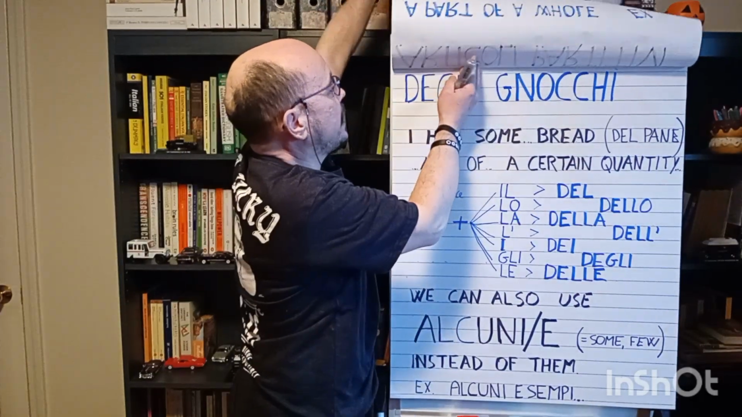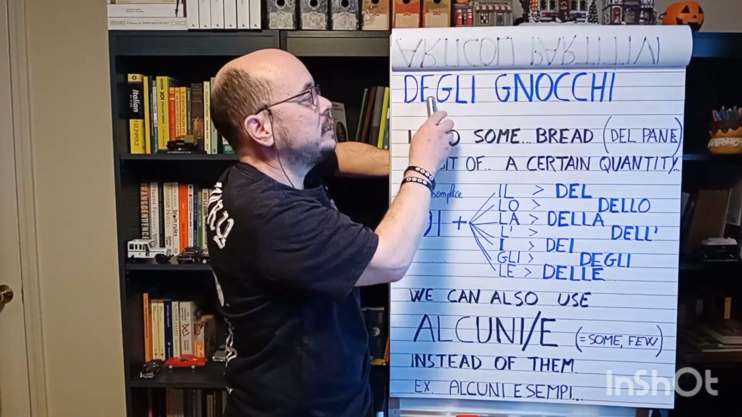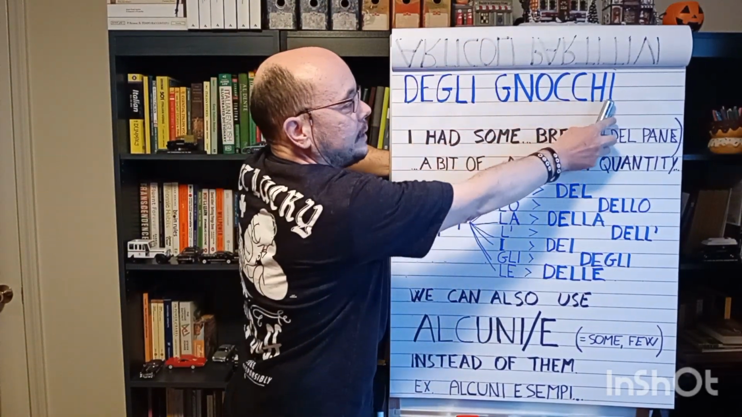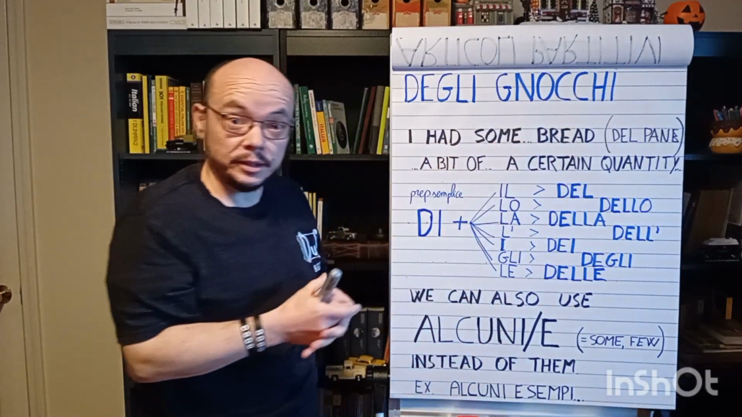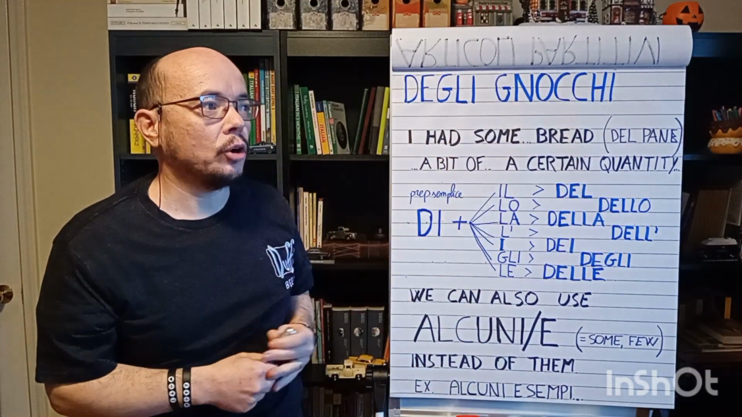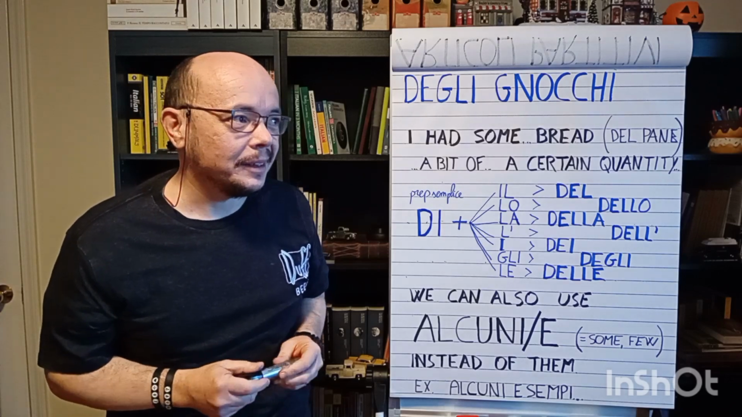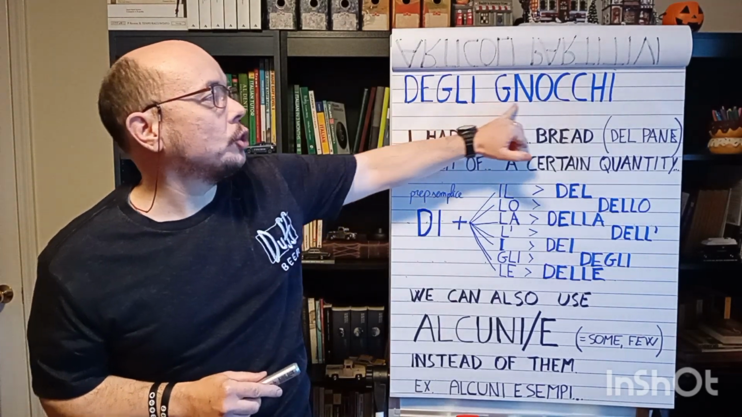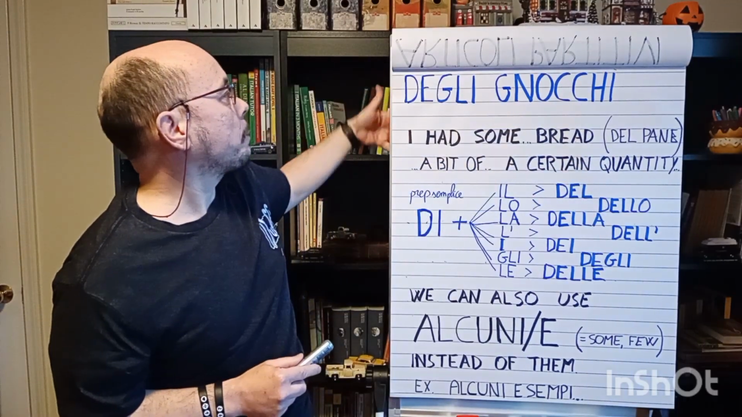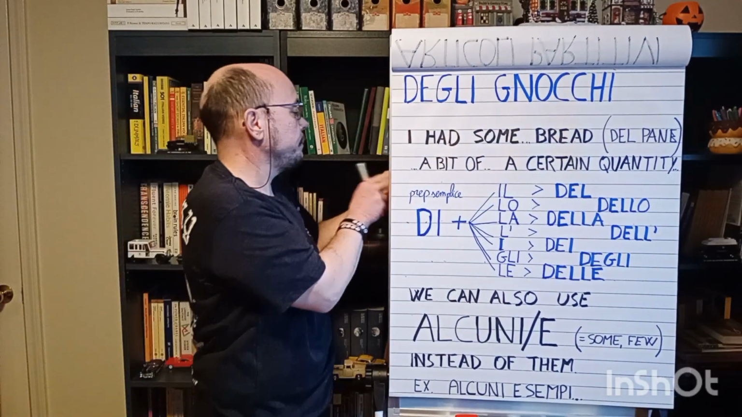We have gli gnocchi, degli gnocchi. No? You know what gnocchi are? They're pretty commonly available in America too. So degli gnocchi. So how you see that degli,